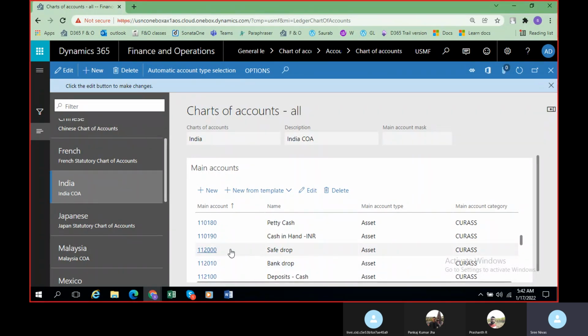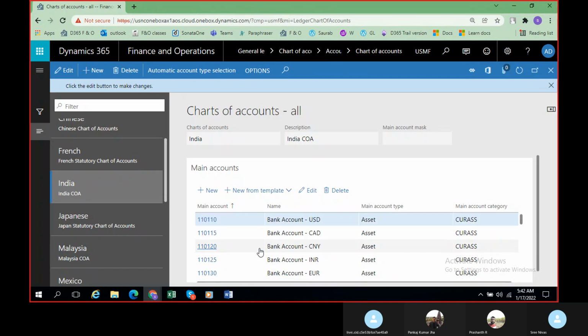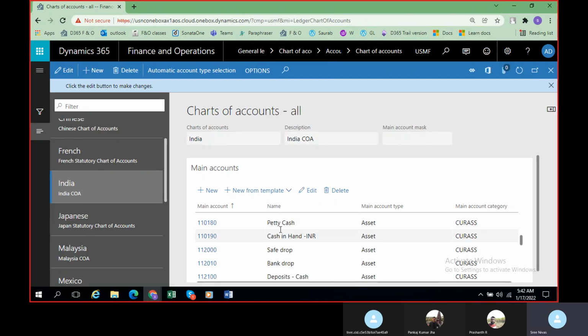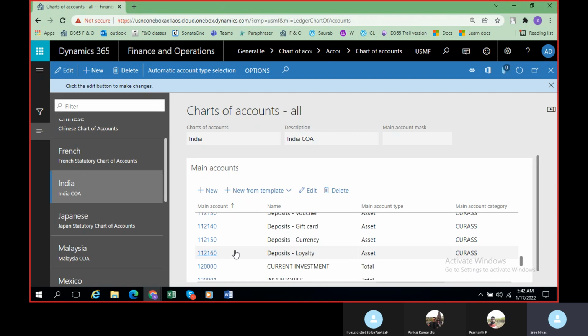Again, if you see, under petty cash, they have given 10 as a difference. So in case there are 10 multiple expenses, if they want to create different main accounts, once they create, those accounts will be shown between 180 and 190. So like this,